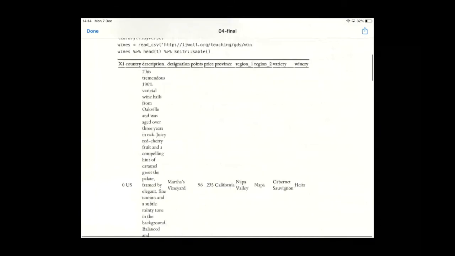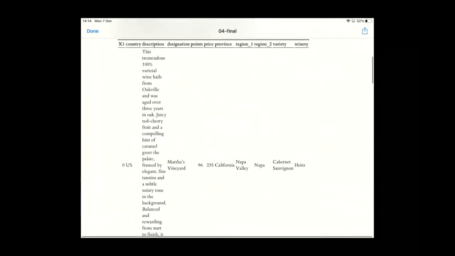The data set looks like this. It's going to have the country where the wine is made. It's going to have the description or tasting notes of the wine. It's going to have the designation, the points, which is the rating given by the sommelier to the wine. It's going to have the price in dollars per bottle of the wine.